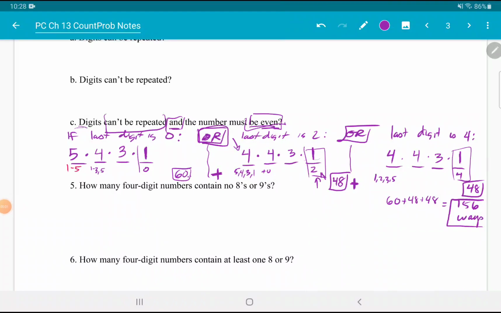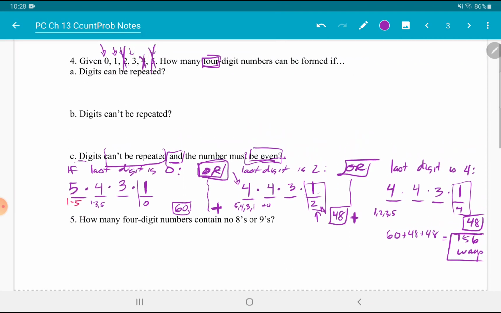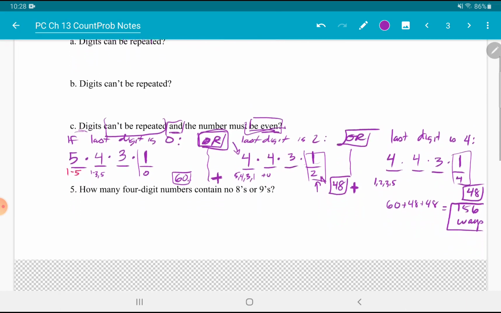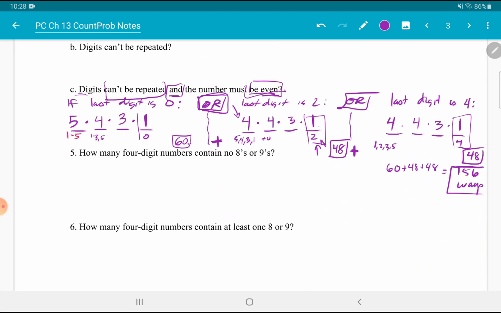Welcome. In this video, we're going to continue on with the ways that we can count the number of items. Now, one thing I wanted to add on to the previous video was taking a look at this example, number 4, in terms of how we can get 4-digit numbers. One thing you will have noticed in C was that each of those scenarios was actually a little bit different in its own right. Now, because we were looking for even numbers, we could have gotten even numbers in different